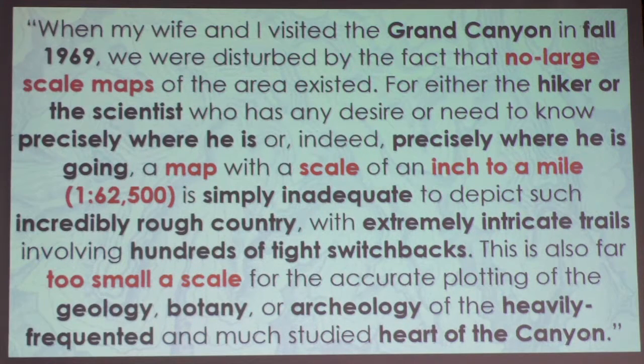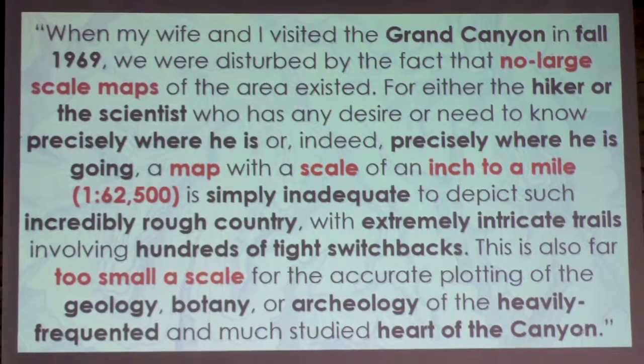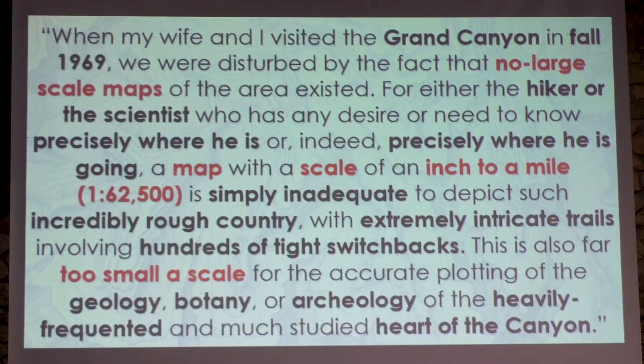When my wife and I visited the Grand Canyon in fall of 1969, mind you, I'm getting my dates wrong. This is nearly 100 years after John Wesley Powell's famous 1869 initial exploration of the Colorado River. So when my wife and I visited the Grand Canyon in fall of 1969, we were disturbed by the fact